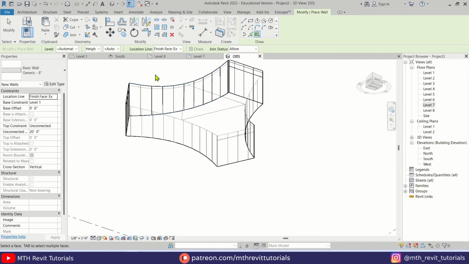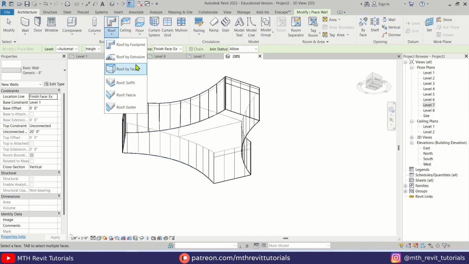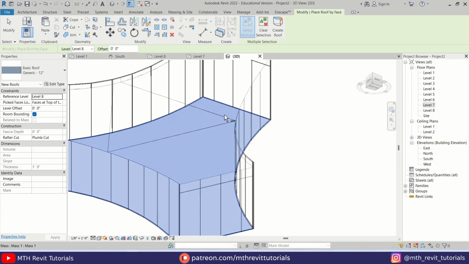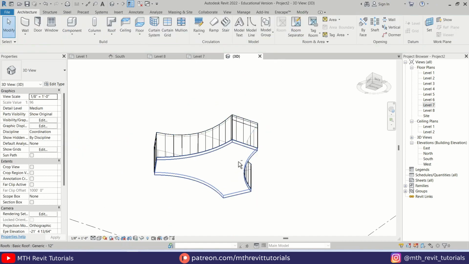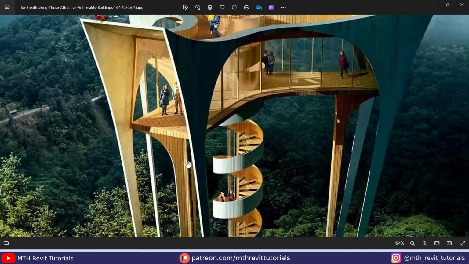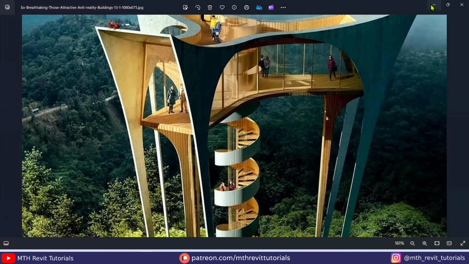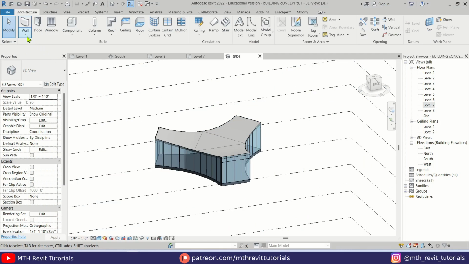Now, okay, for this one we can try roof by face. Let's go to architecture, select roof by face, and just pick this face and click create roof. There we go. So we got our shape ready here. Now to create this shape here, we can use walls again. So let's use wall by face